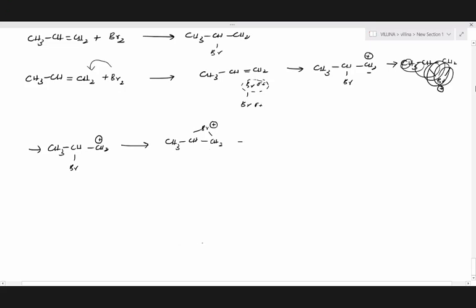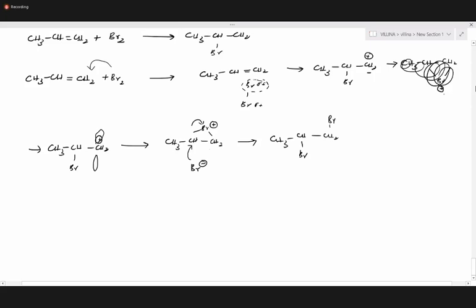So in the second step, our Br minus will be attacking. Br minus will attack over here, and this electron pair will be withdrawn by this. So we have CH3, CHBr, and CH2Br. One will be above the plane and the other one will be below the plane. How this bridge compound forms is that on the carbon with the positive charge there will be an empty or vacant p orbital, which will overlap with the bromine over here, and that will form a bridge complex.